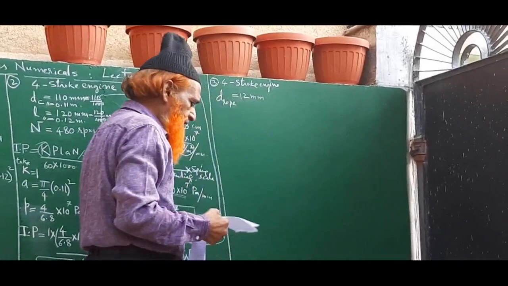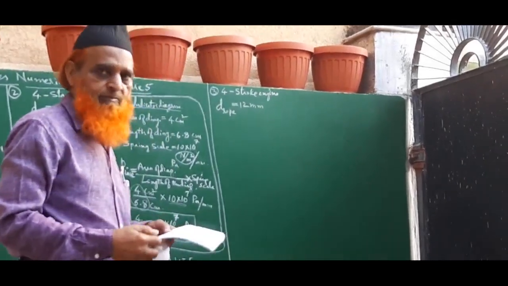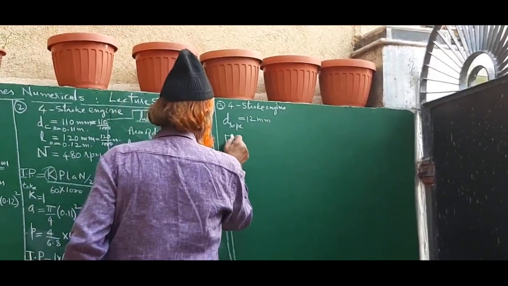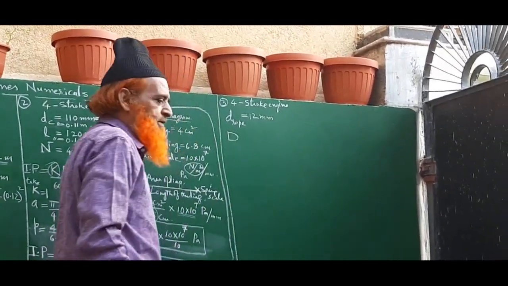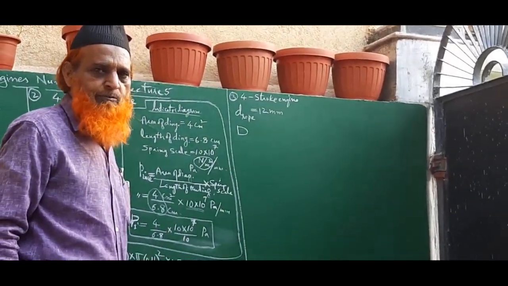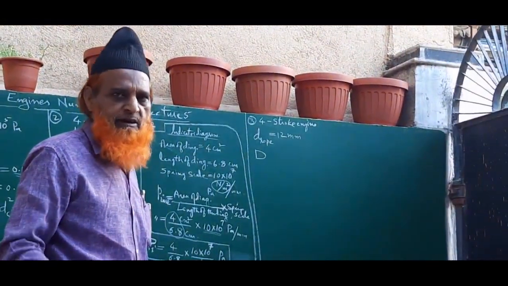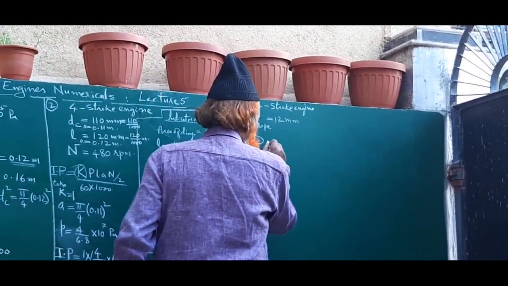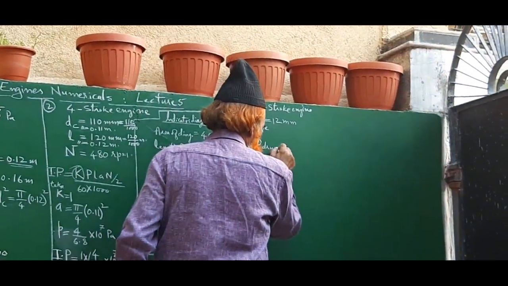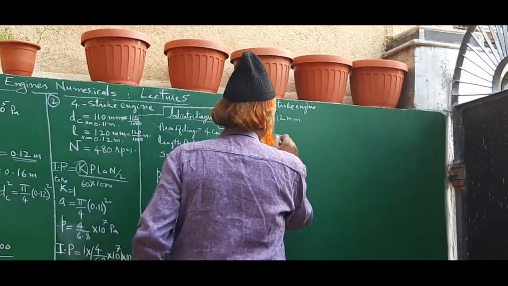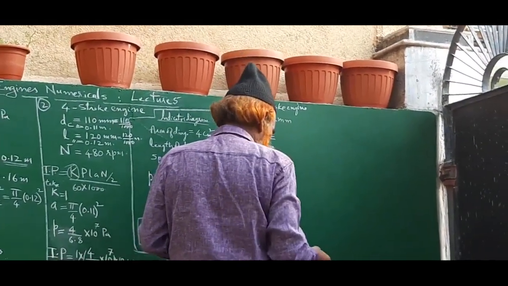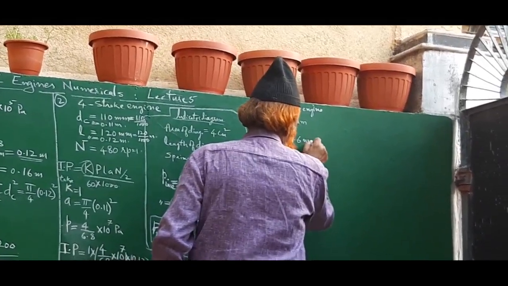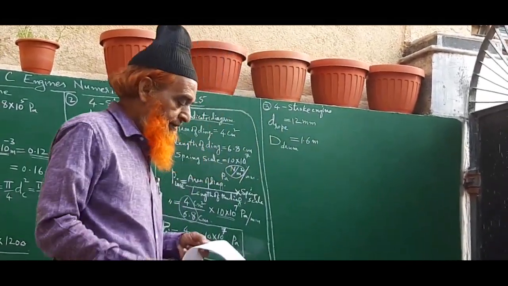Then what is given? Diameter of brake drum. For the diameter of brake drum, we have taken only capital D, and for the brake drum radius, capital R in the notation in the calculations. Here, if you want, you can write the drum also. This is given as 1.6 meter.